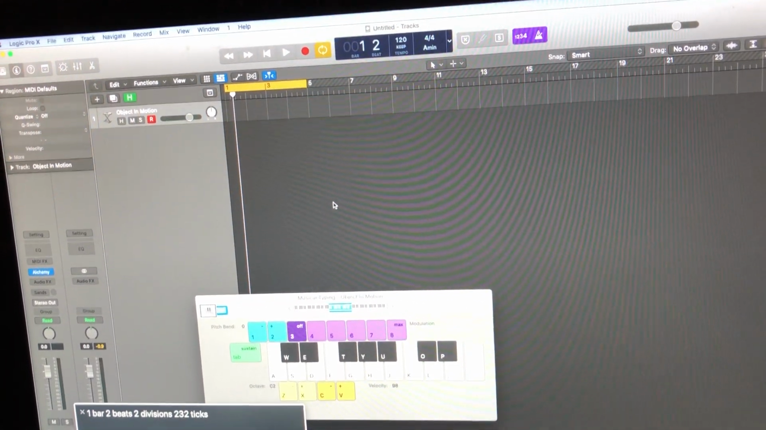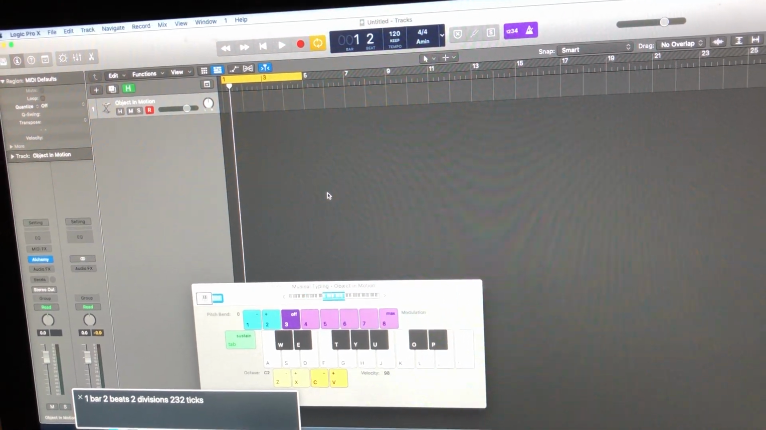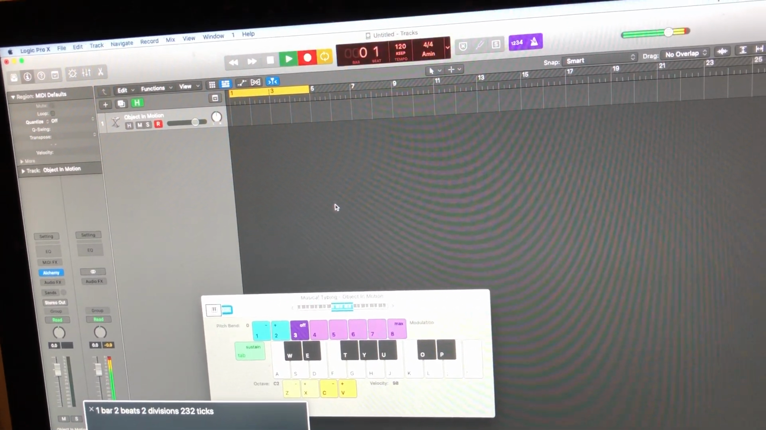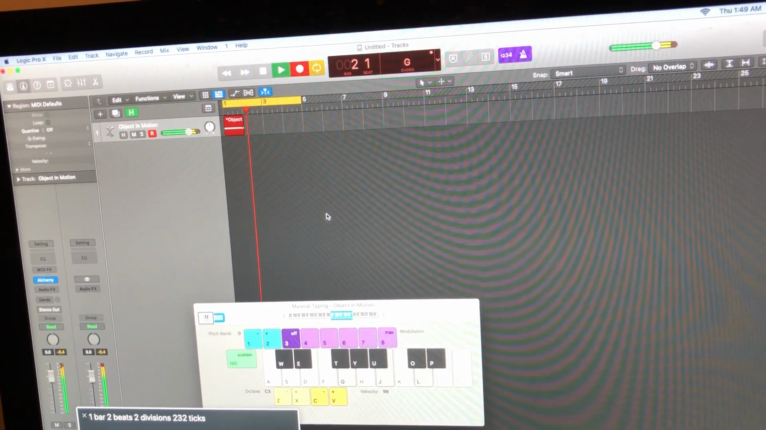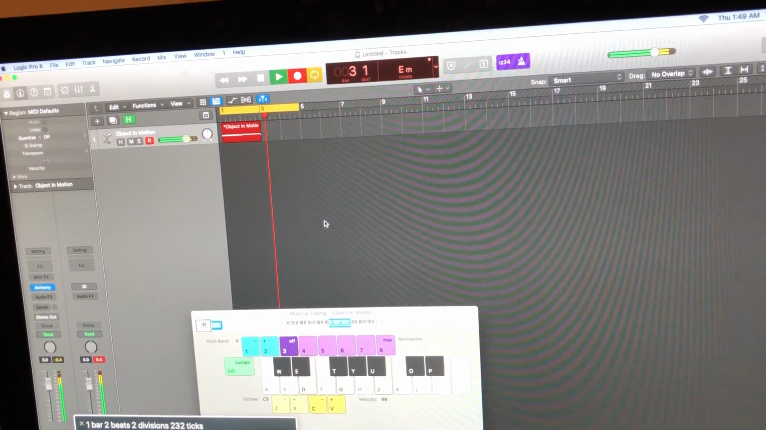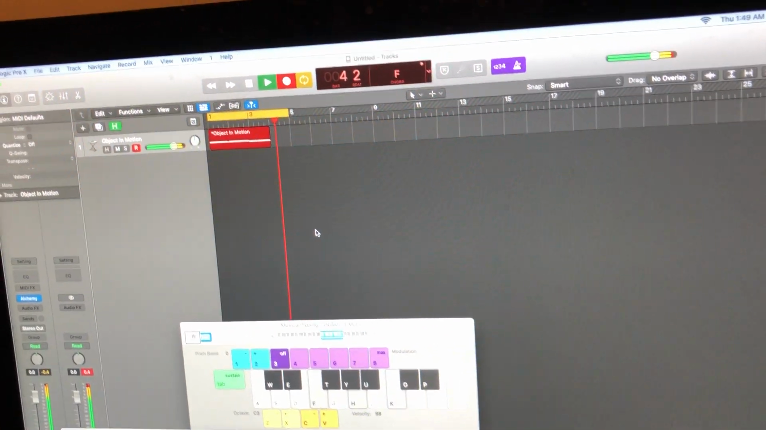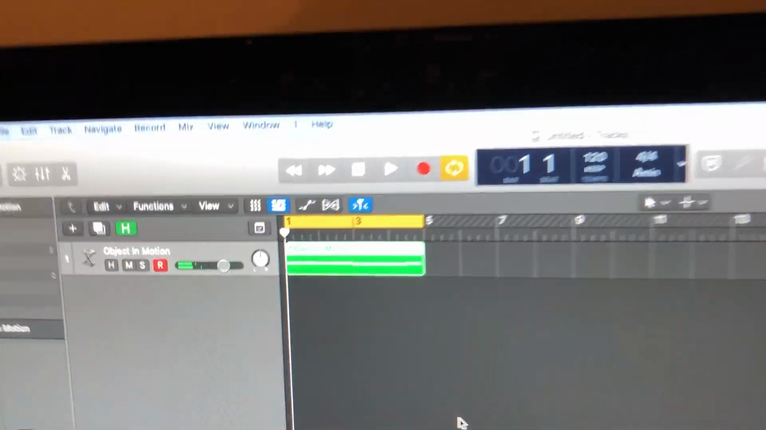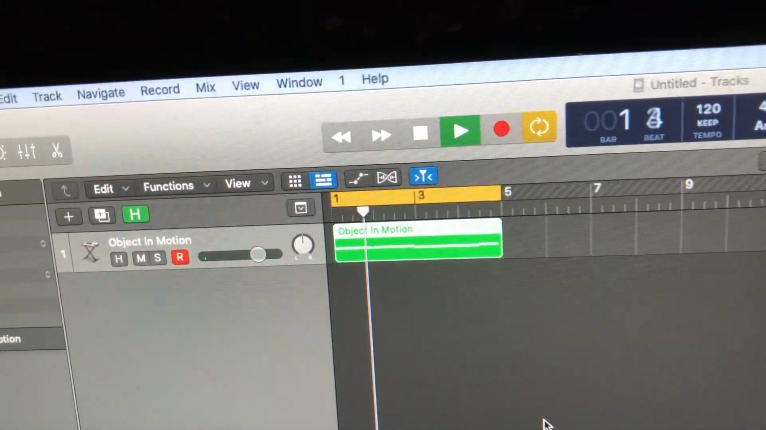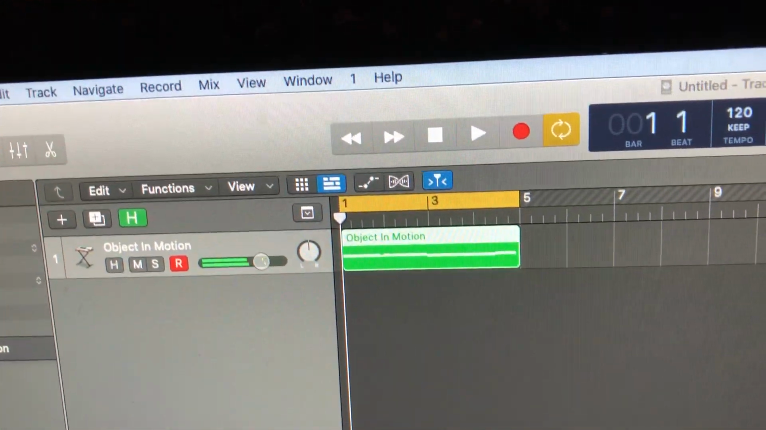So let's hit R now and just record a little 4-bar arpeggio thing. There you go. Now I'm going to hit stop, and let's hope that that captured. Okay, it did not capture my first note,